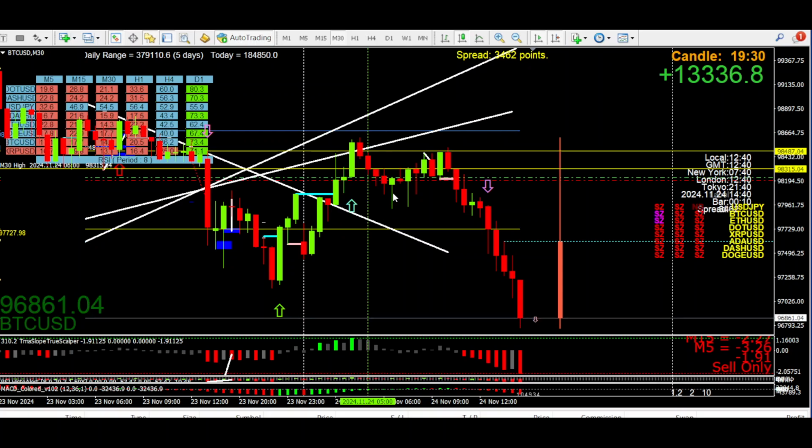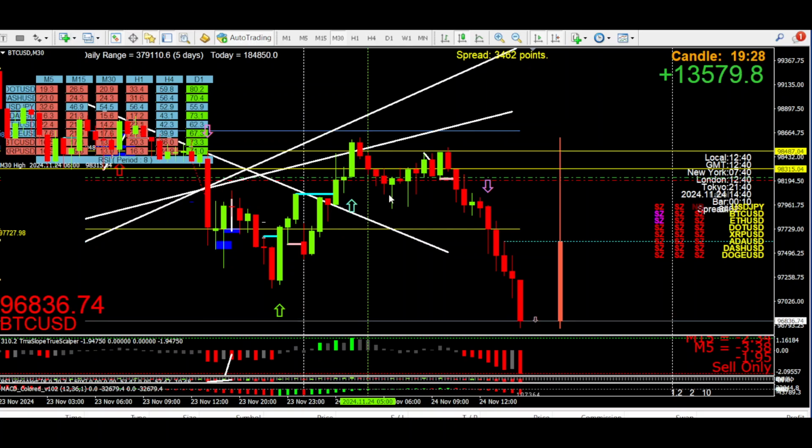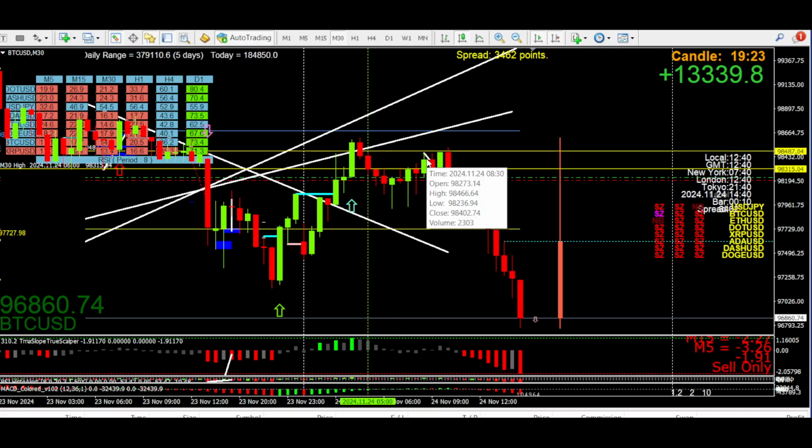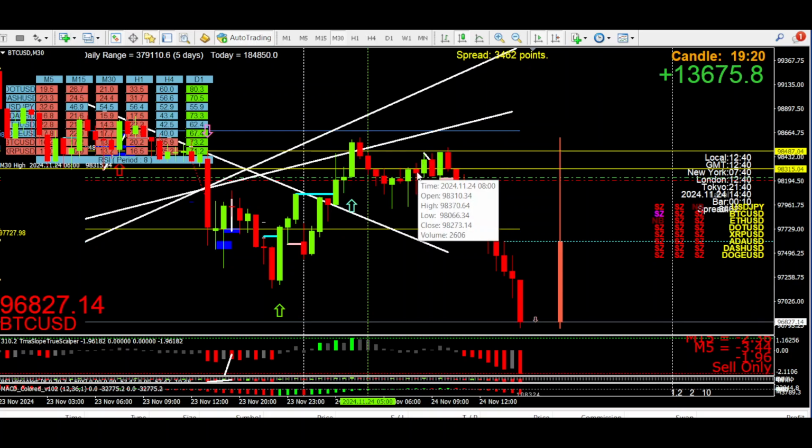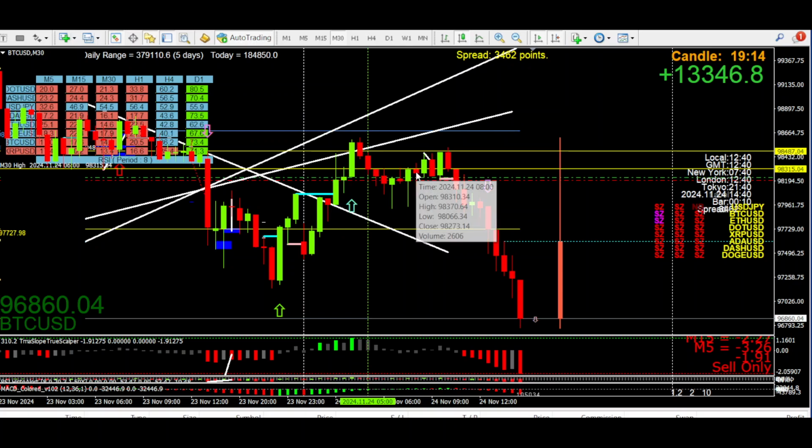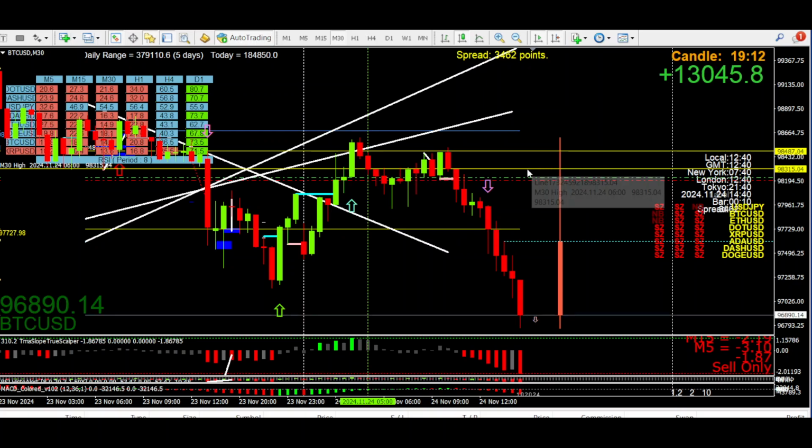But there's only 3 candles. There's the penultimate, the ultimate, and then the one that closes above it. Well, it wasn't till here by the looks of it, but this may well have opened higher, which I would consider to be a 3CR up. So let's have a look at that level. That level there is,